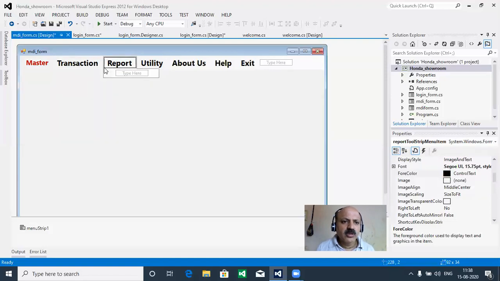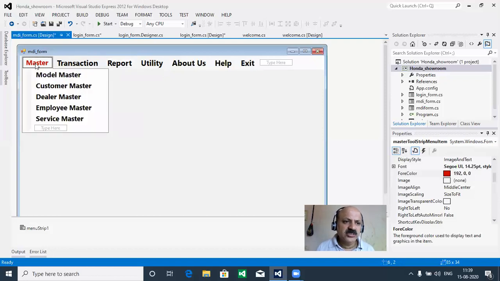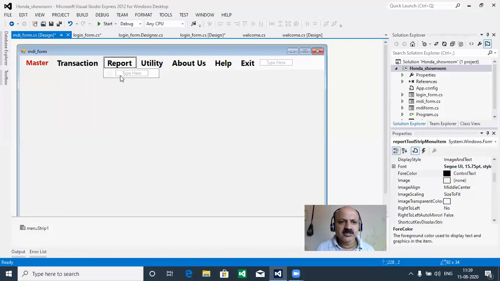And for the report, you can do it in two ways. You can take it directly, like here we start with this master model, or some students take master and transaction first and then proceed accordingly. That is also possible. There are two ways, and I will first show you one way.